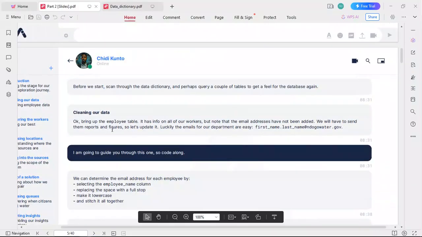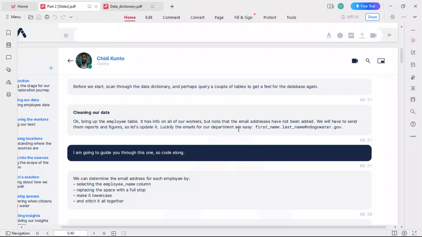So bring up the employee table. It has info on all our workers, but note that the email addresses have not been added. We will have to send them reports and figures. So let's update. Luckily, the emails for our department are easy. First name, last name, and then